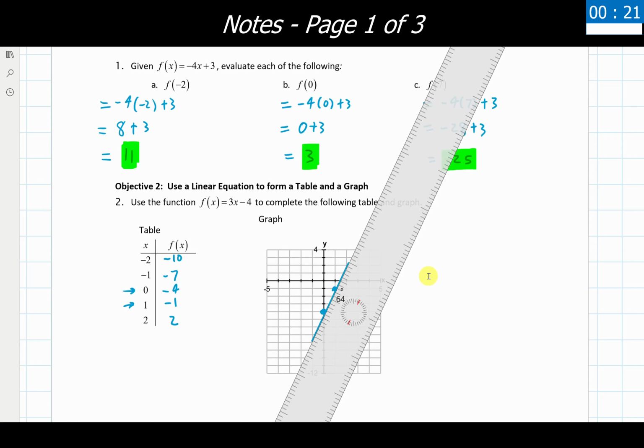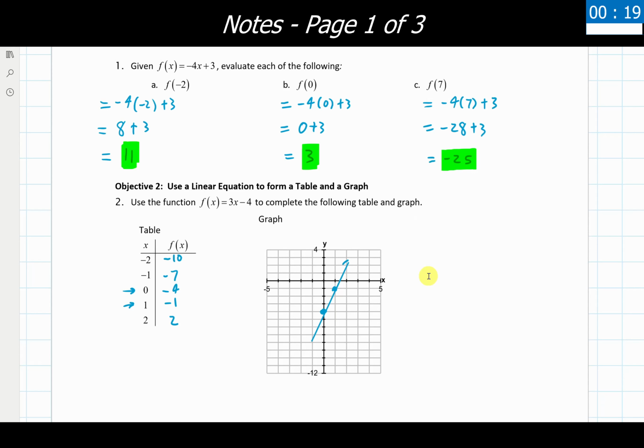Alright, that's better. Not perfect, but it will do what we're looking for. And if you're in my class, I'm willing to be a little bit flexible with this. So this is everything that we have with our first page and the introductory parts to the function notation material and how we work with that. Let's go ahead and move on to our second page now.